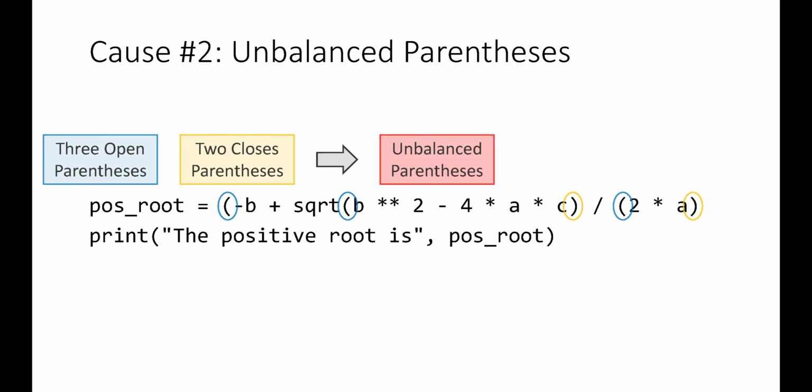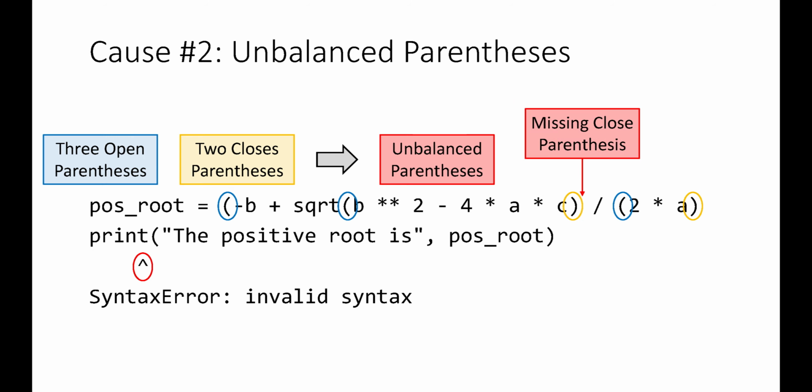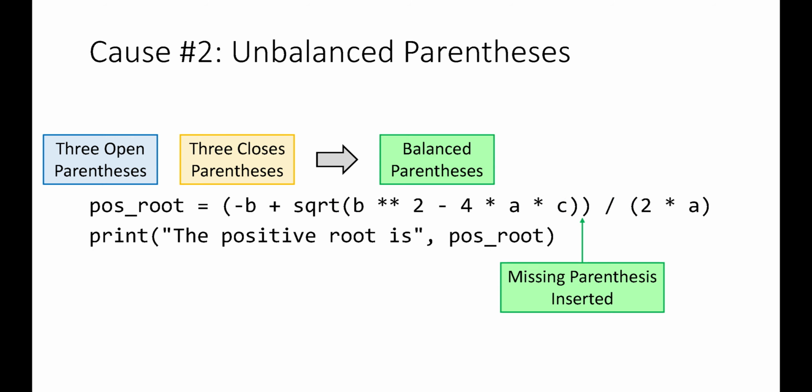The parentheses in a Python expression must be balanced. A syntax error is reported if the number of open parentheses does not match the number of closed parentheses. Python is generally able to identify the location of the mismatched parentheses when the number of closed parentheses exceeds the number of open parentheses, but this is not the case when the number of open parentheses is larger. In such cases, Python may not detect the error until it parses the next line in the file, and as such, the error actually resides on an earlier line than what is reported. The error is corrected by adding or removing parentheses so that the open and closed parentheses are balanced.